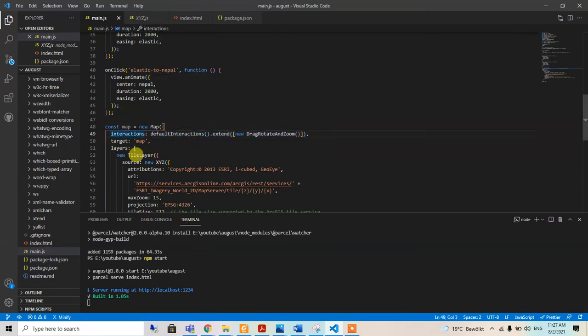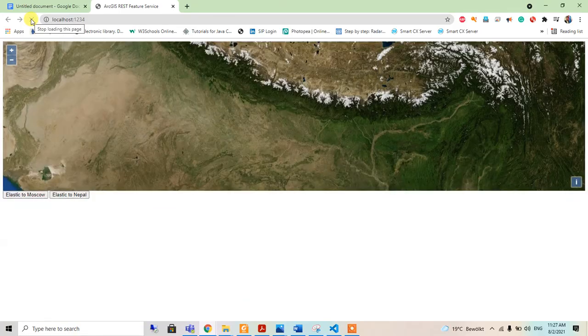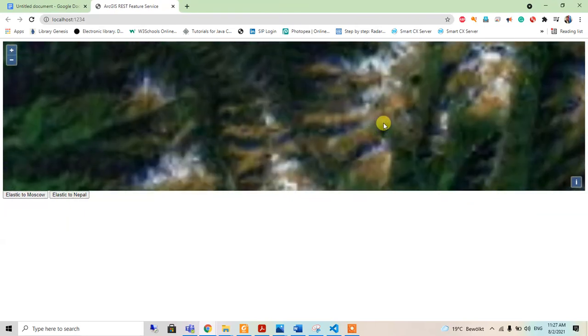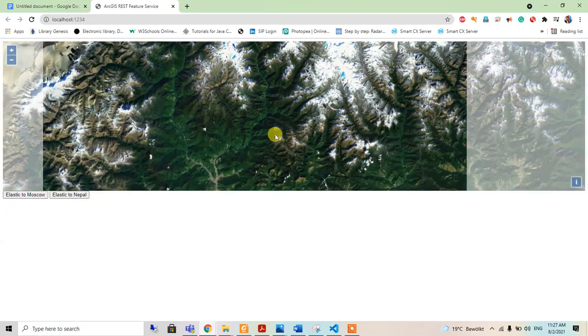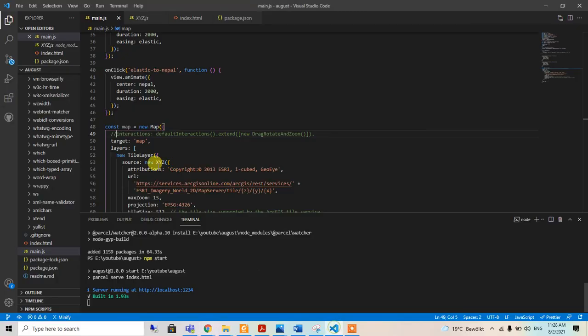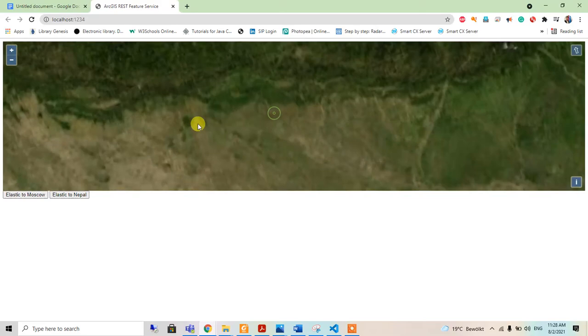For example, if I comment out this one and see the things here, I cannot drag like that. You see, I cannot rotate it by using shift and dragging. So I will again comment it out and save it, and I can see the things again. You see,